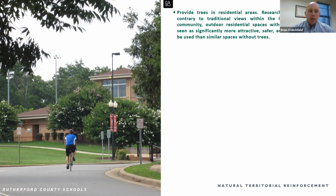When people take pride in the ownership of their area, with some soft landscaping, they're going to use it more, and they're going to go through greater measures to help protect that environment. In general, criminals don't want their job to be hard. If it was hard, they really wouldn't do it. So the more difficult it is for them to commit a crime, the less likely it is that they're going to commit a crime. So creating those warm, engaging spaces, inviting people to use them, will create that natural deterrent